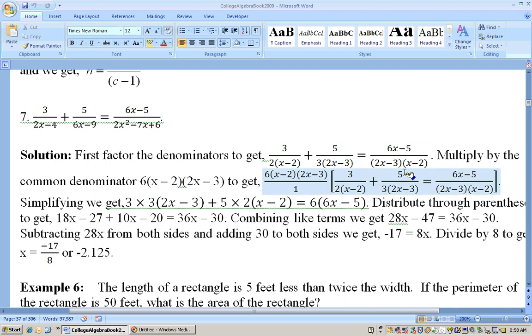Now you need to multiply by the common denominator, and the common denominator needs a x minus 2, a 2x minus 3, and also a 6. So we need to multiply by the common denominator, and it looks really messy, but it's really not the end